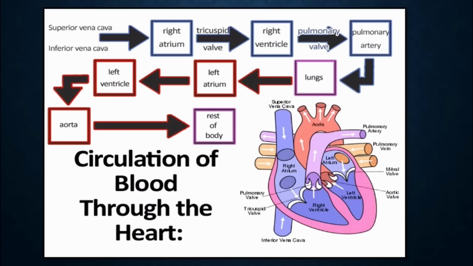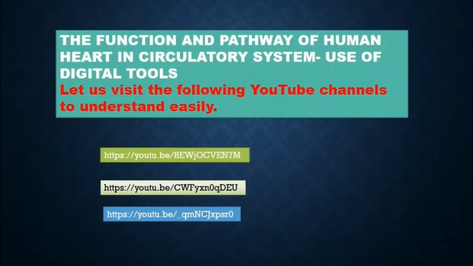Then again, from the pulmonary artery, the blood enters into the lungs and then again it enters the left atrium. So here the point to remember is that the left atrium has oxygenated or oxygen-rich blood. So whenever the left atrium contracts, or systole takes place, it enters into the left ventricle, and after the left ventricle it